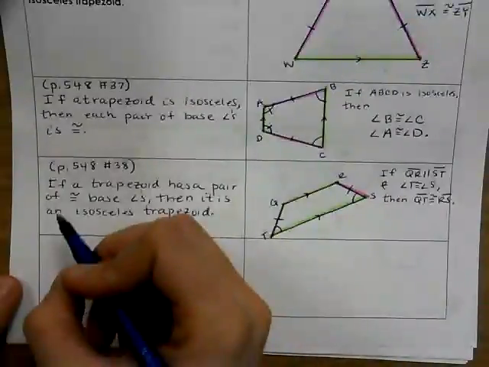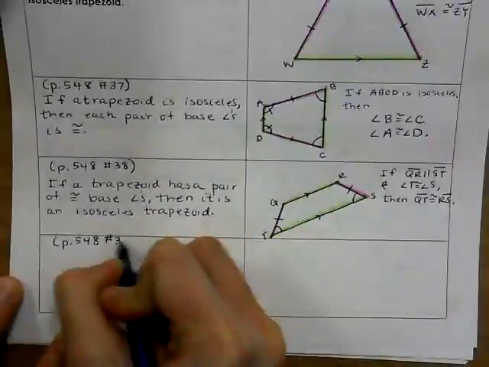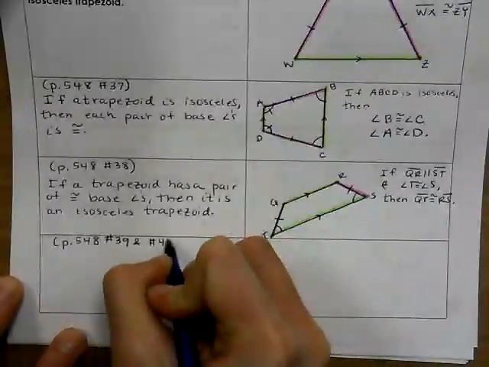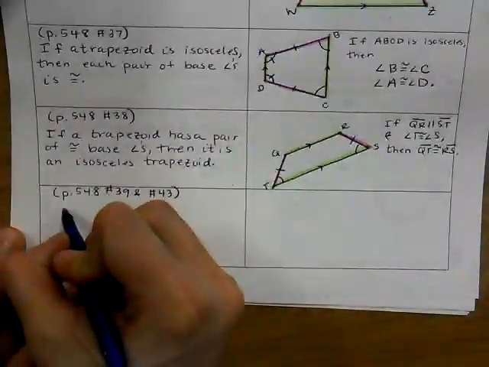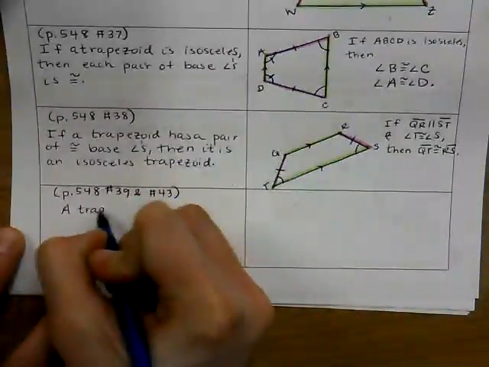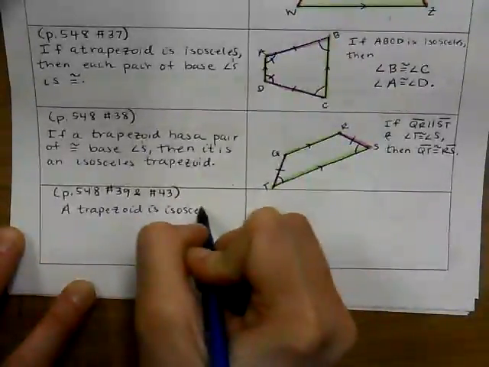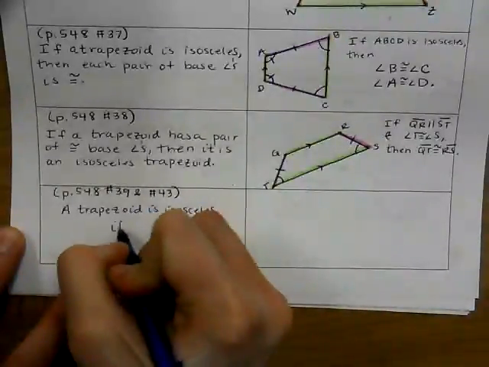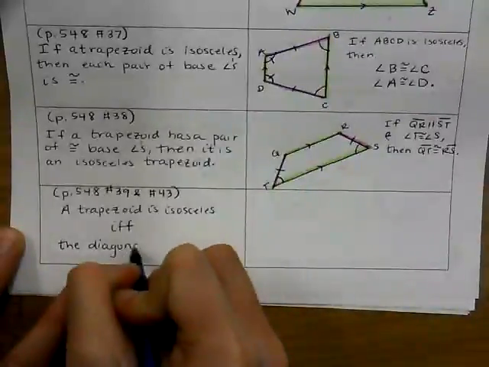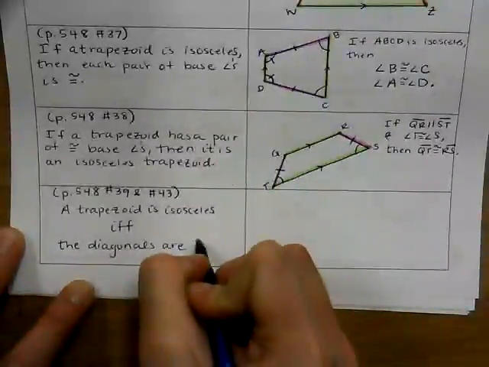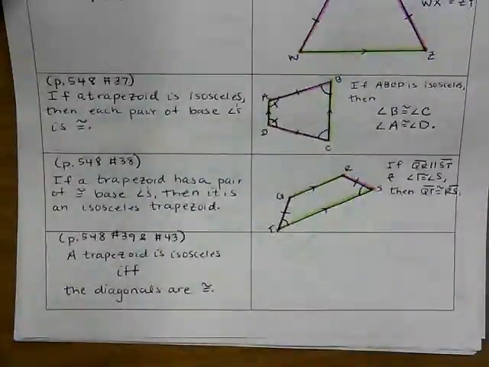Page 548, number 39 and number 43 address the conditional and the converse, but we can write this as a true biconditional statement. A trapezoid is isosceles if and only if the diagonals are congruent. Now, you might ask, why didn't I write these two together as a